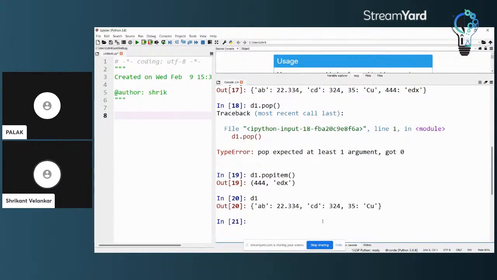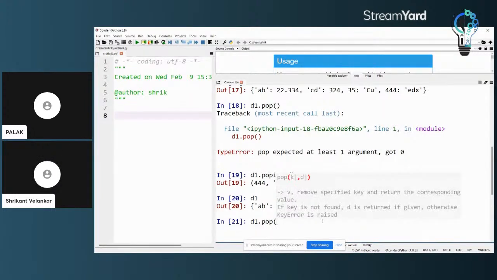This is effectively equal to removing the element from the dictionary, the one which was last put into the dictionary. So I can also do d1.pop, and I have to put a specific key.